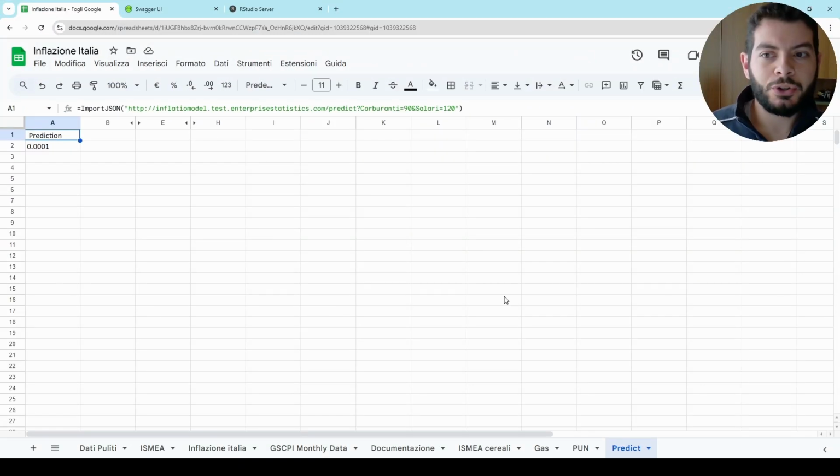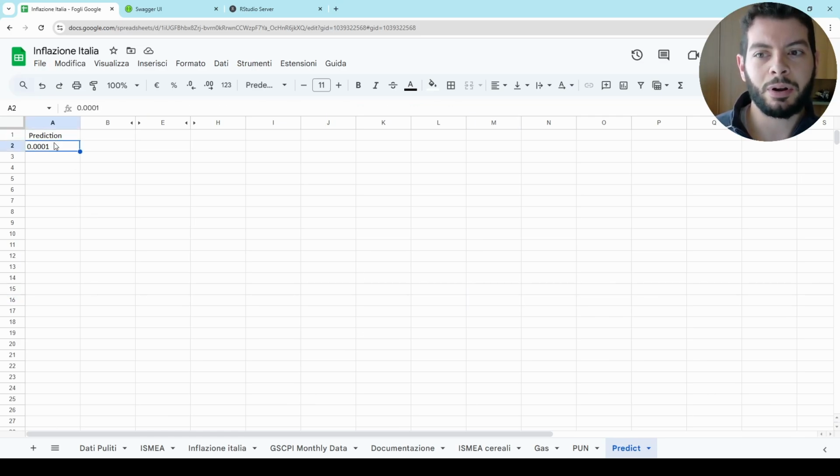optimize your costs. The problem is that deploying statistical models on the cloud has its own problems, and deploying statistical models locally or on-premise, that means one server inside your company, has other problems, but in my personal opinion, it is easier. Here you see how I made a statistical model consumable by the final user, that is, having a prediction on what, in this case, the inflation of Italy with a model that sucks in terms of performance, but this is not a video on how to build good models on inflation.